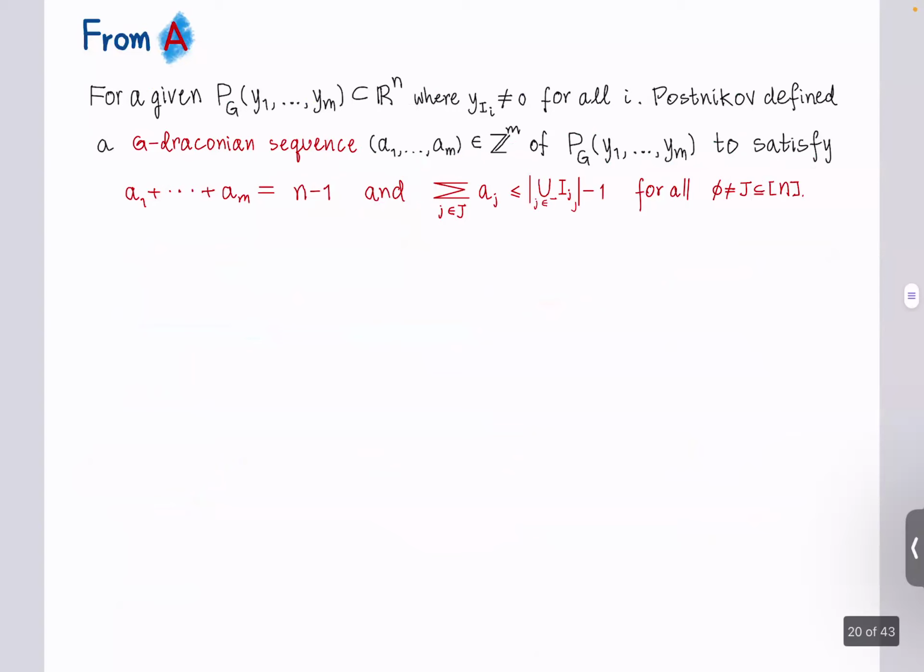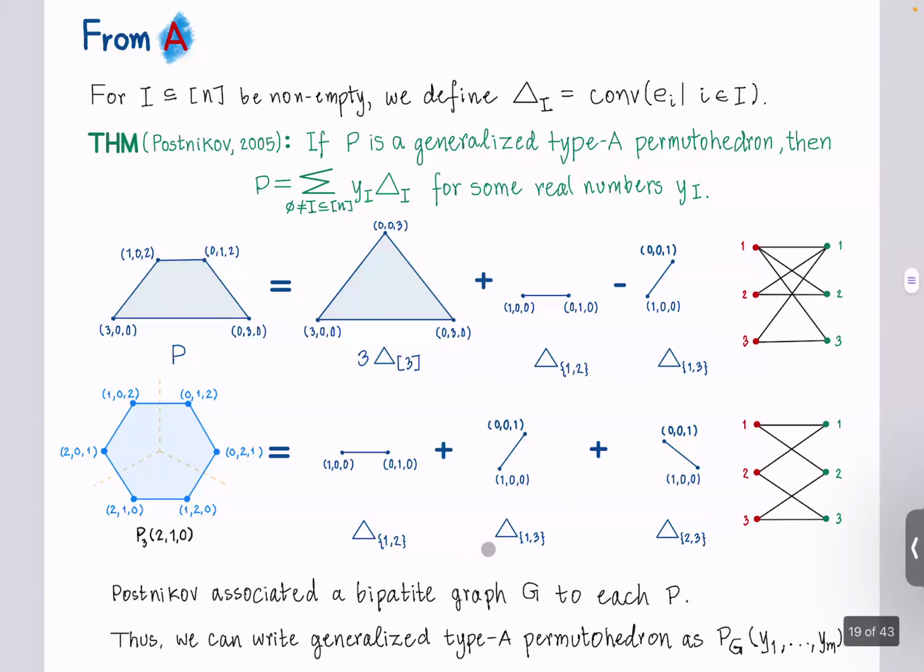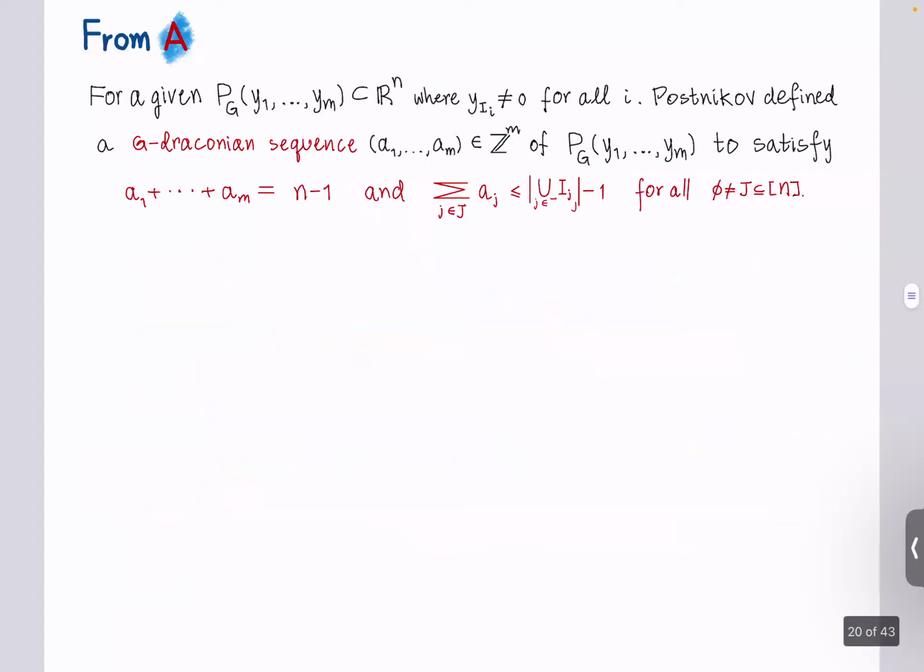Now, sorry, I forgot to say that because we can do this, we can write every generalized type A permutohedron as PG of Y1 to Ym. G is the associated bipartite graph, and Y1 to Ym are the coefficients in front of each simplex. And so if you give me PG of Y1 to Ym in Rn, where Yi is not equal to 0 for all i,